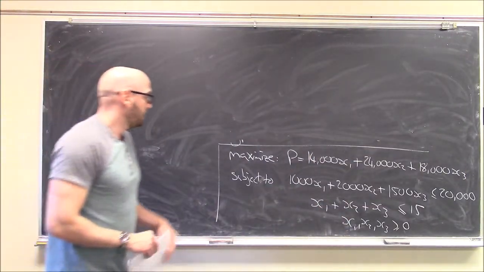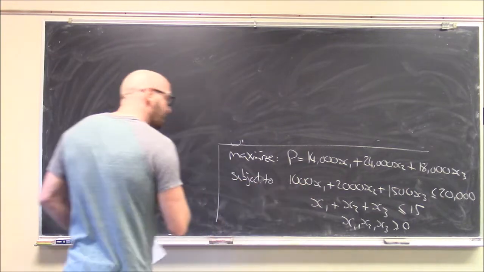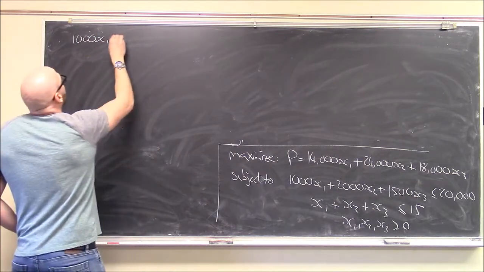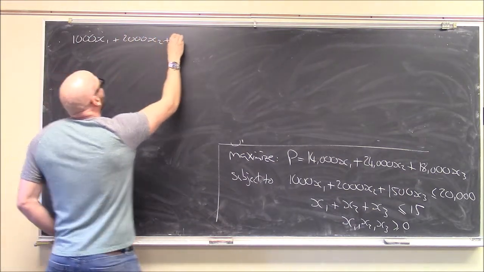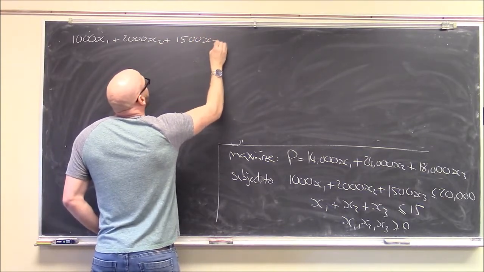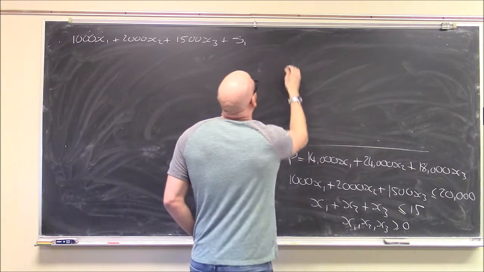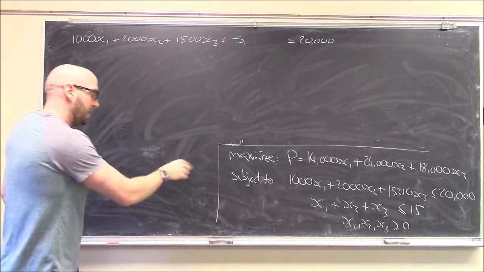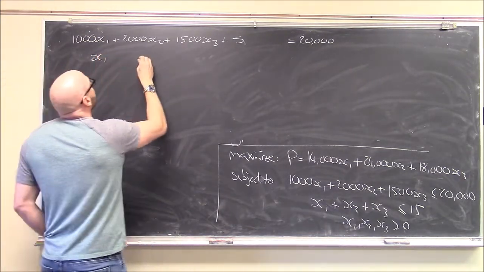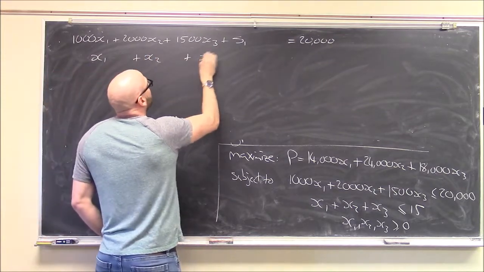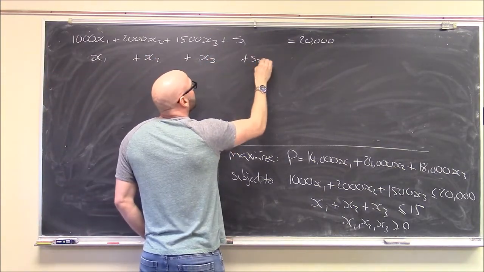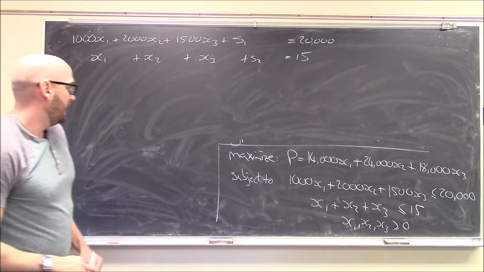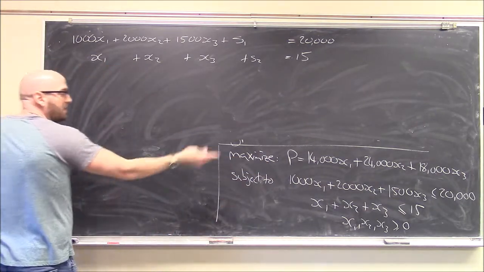Alright, so what's my first step? First step is create the initial system. So I've got 1,000 x1 plus 2,000 x2 plus 1,500 x3 plus some slack variable s1. That has to equal 20,000. I've got x1 plus x2 plus x3 plus some other slack variable s2. That has to equal 15. There's my system, and now I take my objective function and I move everything to the left-hand side,